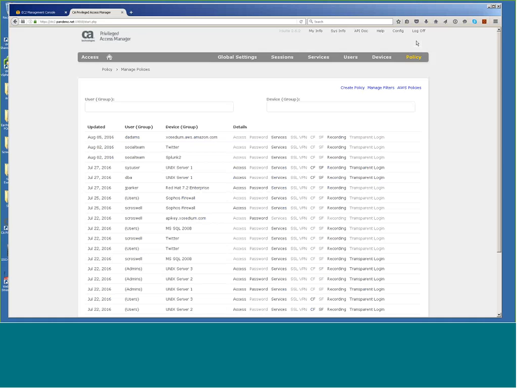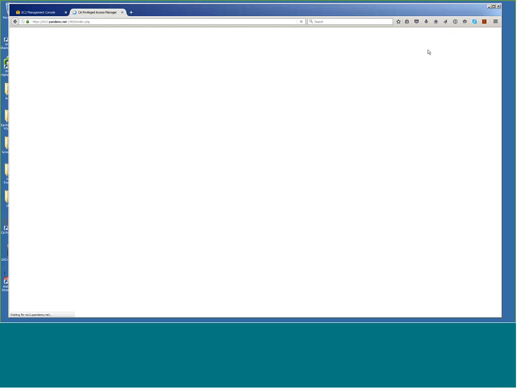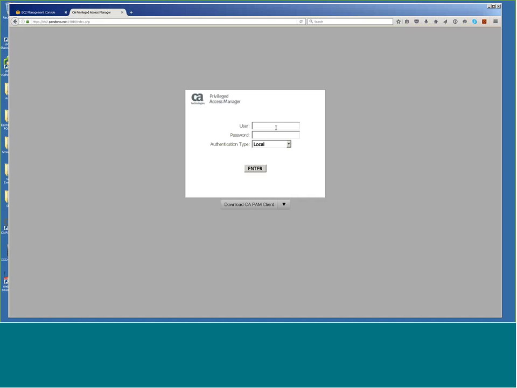So, D. Adams logged in using a local account. D. Adams has no account in AWS. This could have been an AD account. So D. Adams could have been logging in from an AWS Users OU or security group in your Active Directory or LDAP directory service, and we can sync up with that there. But you don't have to give accounts for your users in AWS. So again, instead of having an additional layer of management with that cloud-based management console, we can do it all through the API, through CAPM, and take that management overhead off of your administrator.